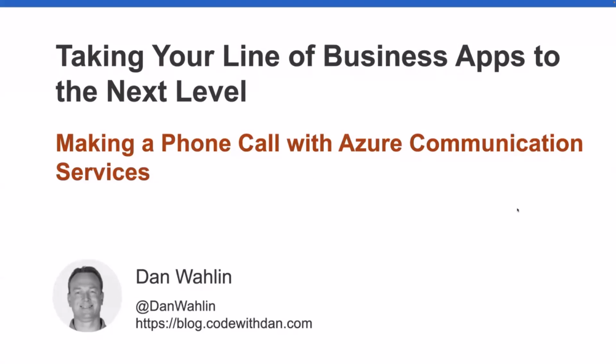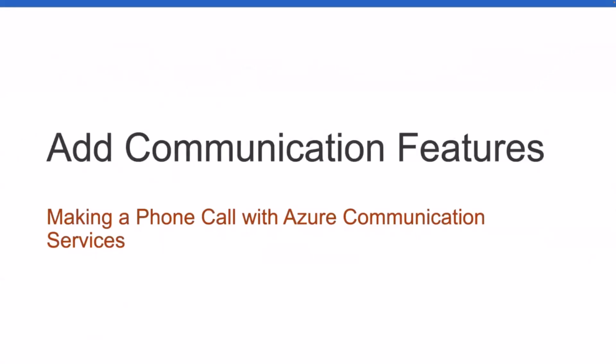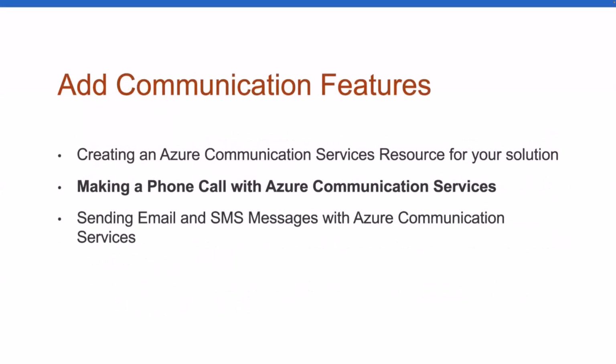So first off, in this session, as was mentioned, we're going to focus again on Azure Communication Services. This is the second major pillar in this demo app. The first one is actually AI, and we've already been through around 5 sessions on different Azure OpenAI features that you can add. Now we've moved on to the second pillar of taking your business app to the next level, and that is: some business apps, not all, but some, could certainly benefit from adding some communication features.